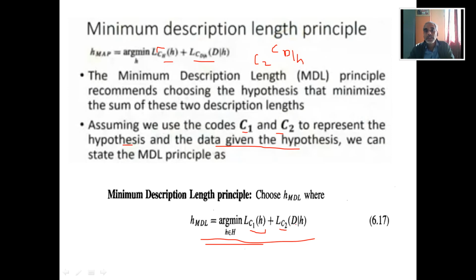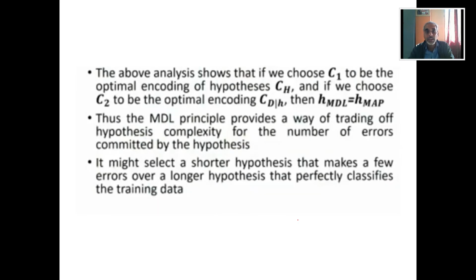Right? So this is how we try to apply the Occam's razor concept into our Bayesian theorem, or into our Bayesian learning. Now the above analysis shows that if we choose C1 to be the optimal encoding scheme for hypothesis H, and if we choose C2 as the optimal encoding scheme for D given H, then we can see that h_MDL, that is the minimum description length policy, is equal to